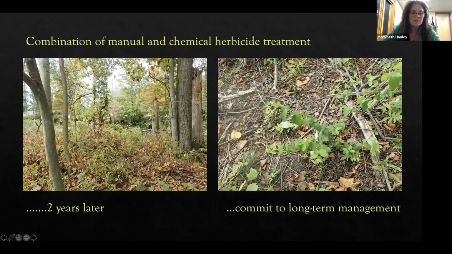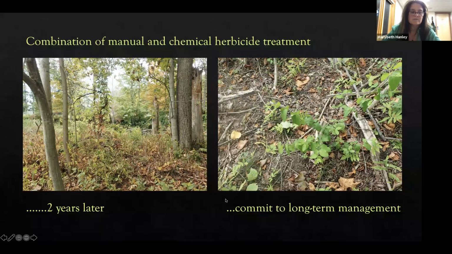And then we've been monitoring it. This is 2 years later. We also had an herbicide contractor go in and treat the stems, because we couldn't pop all of these out because they were in an area that was archaeologically important. So this is a combination of manual and chemical herbicide treatment, and it's something that